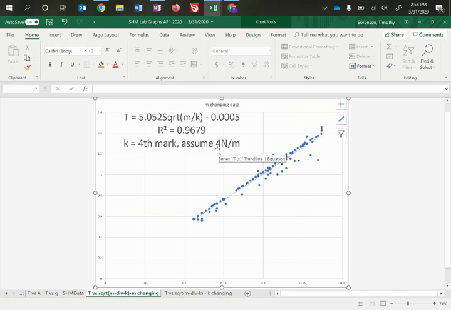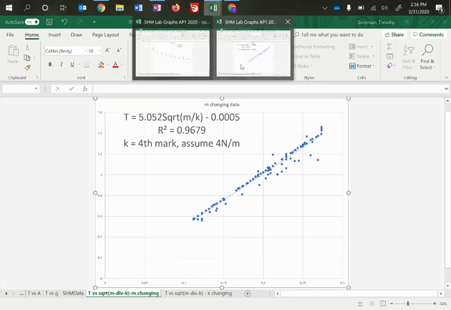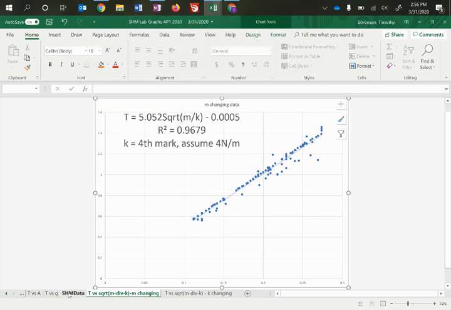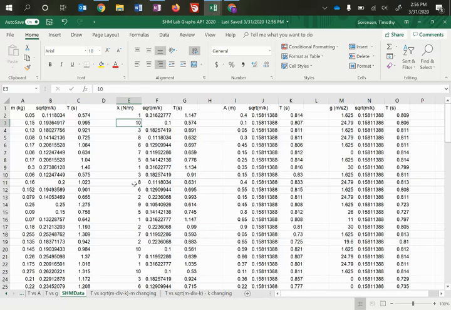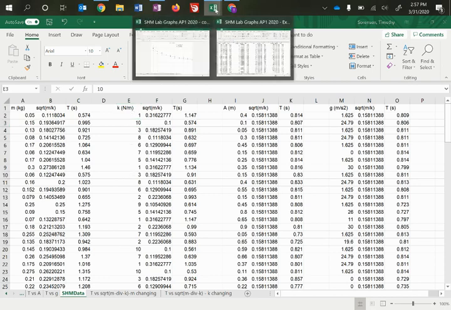So that was some stuff we needed to figure out. So I pulled that data over to a new spreadsheet, and I started taking a look at the data. What I did was I took the K and the T data, pulled that over to a new Excel spreadsheet, and sorted it. So all the 1s and all the 2s and all the 3s and all the 4s in this column were all together. And I found out,